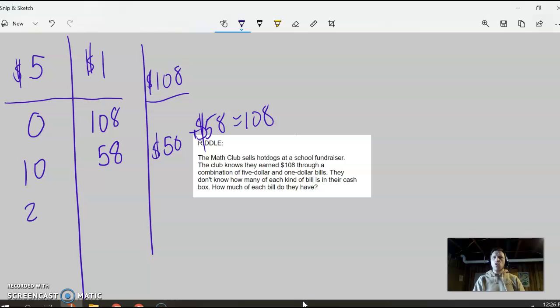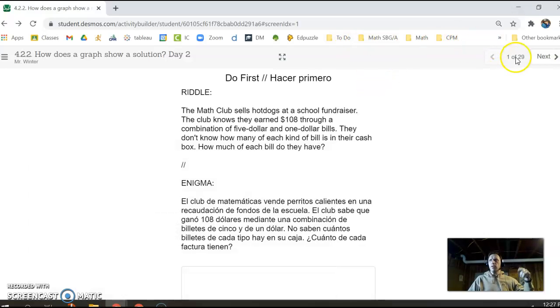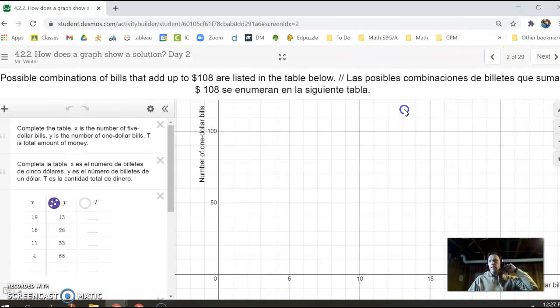Well, I could also have 20 $5 bills. 20 times 5 is $100. So then I only need 8 $1 bills. All right, so we're just trying to get your brain moving. Think about that, $5 and $1 bills together. And so if you look at the next screen, it's a